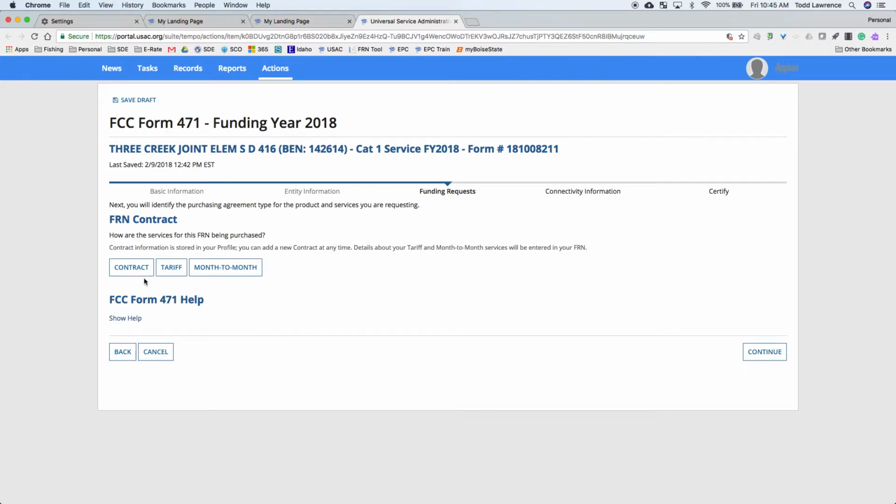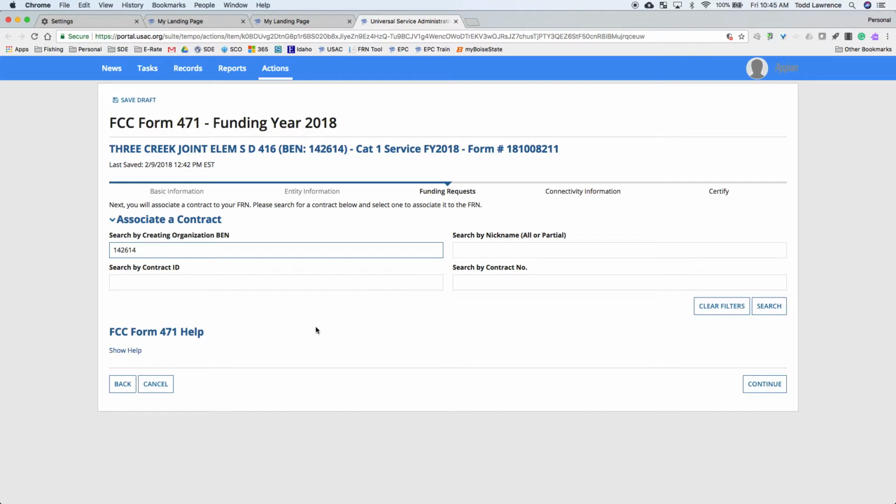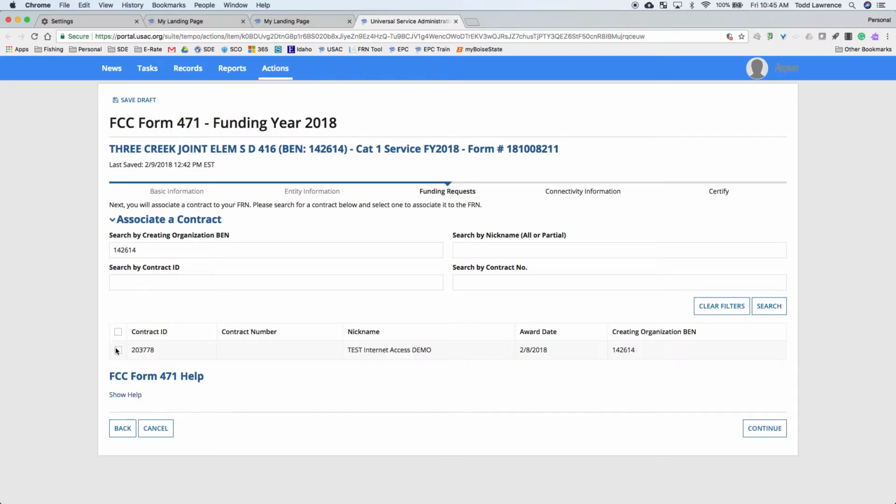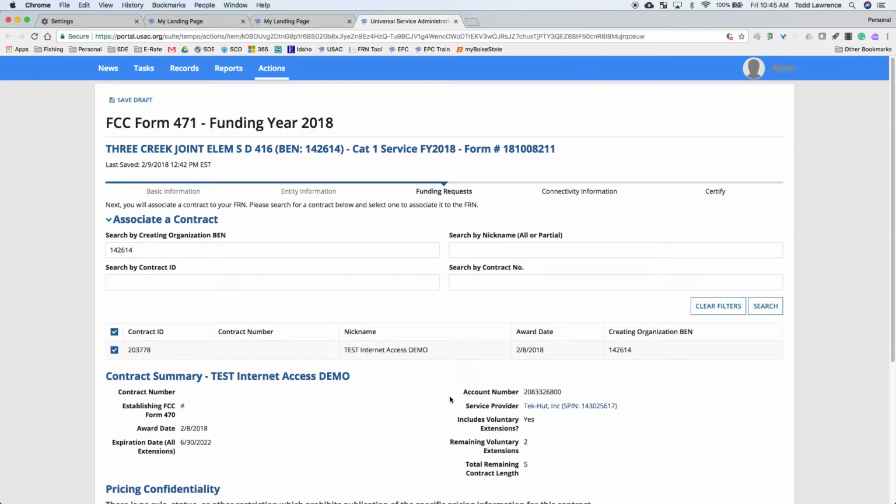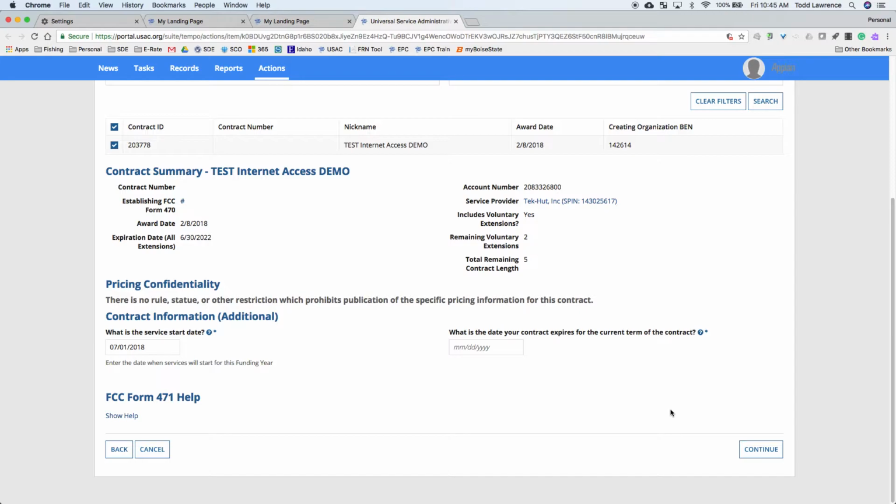Continue. It's going to be for contract. And I'm looking for the contract. Now, I did a video on how to upload a contract. Okay, so I have my contract that I have previously uploaded into the EPC. You have to do that prior to finishing your 471. Okay, so I need to put in here the expiration date. It's going to be 6/30/2022,